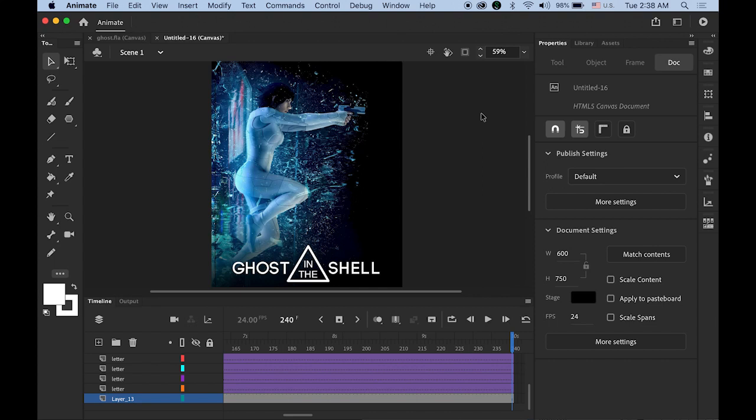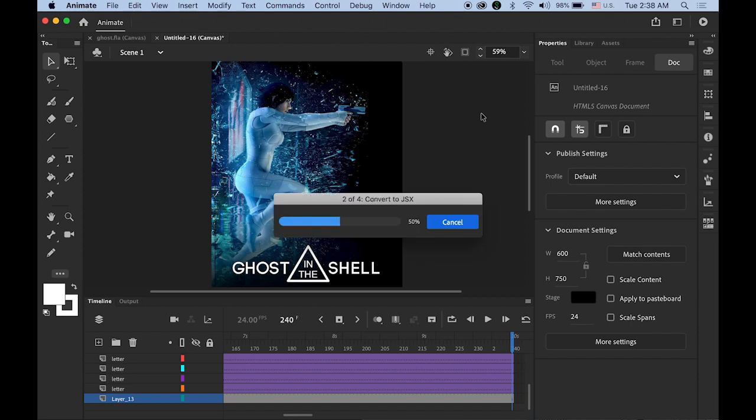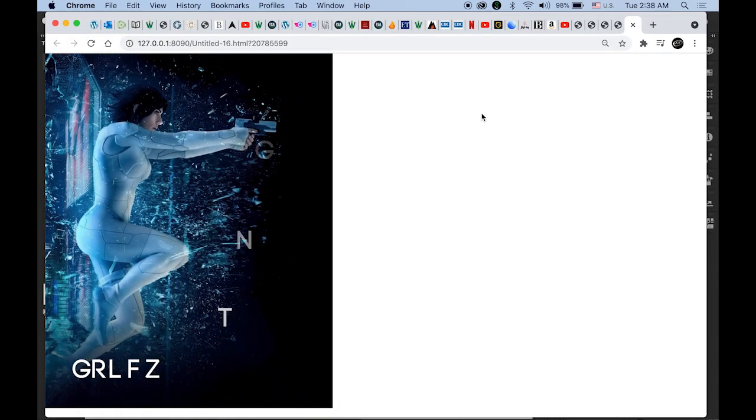So let me test a movie on a web browser. So raining text effect like this. This is the famous movie, The Ghost in the Shell, and then I animate it using the graphic symbol and